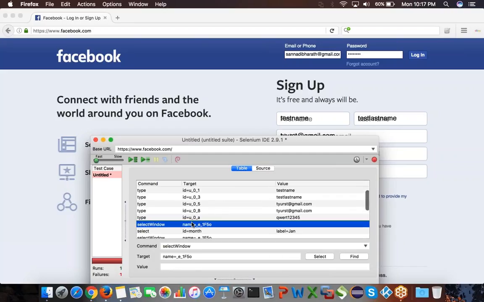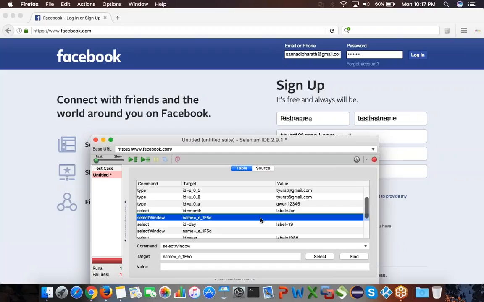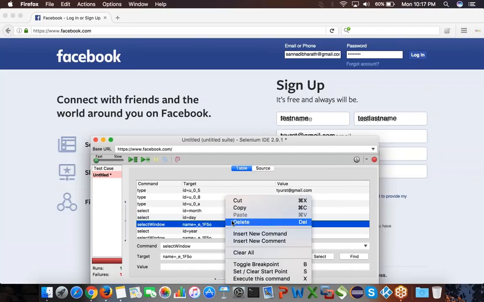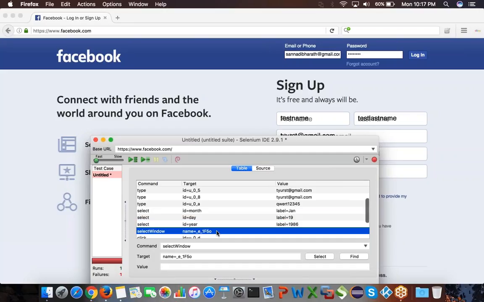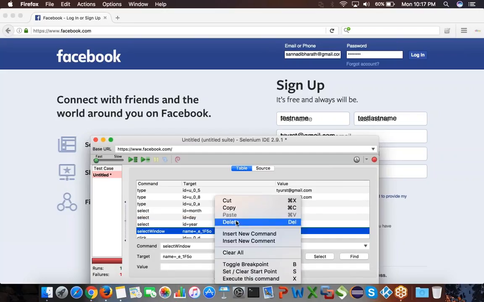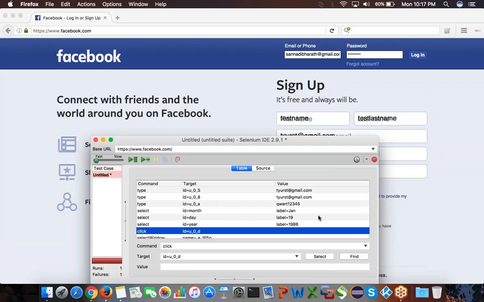Okay. So what we want is just type all these things, and then select these things. So delete. So maybe this website has some problem or something like that, but there is something that is getting selected, which is called select window.